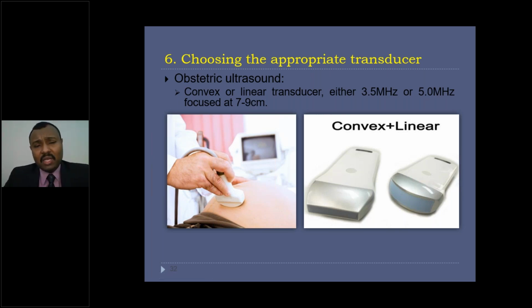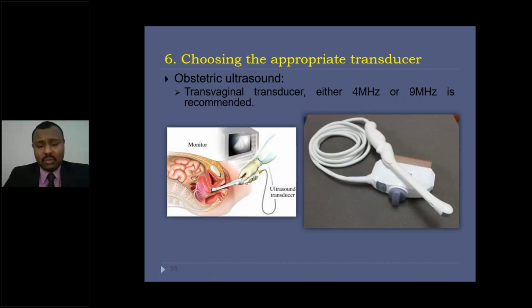And we mean by well focused that the central zone in the ultrasound beam profile is focused at 7 to 9 centimeters from the skin of the patient. And also a transvaginal ultrasound transducer is very important to have available if you are interested in scanning obstetrical ultrasound,